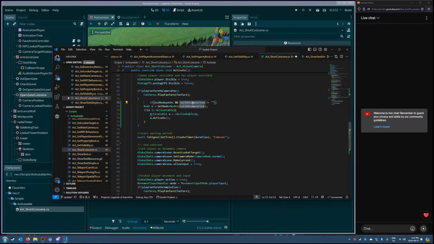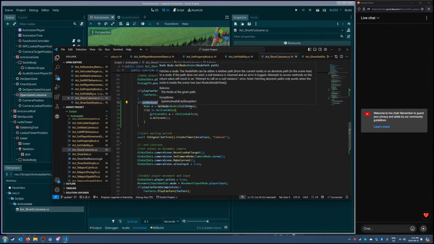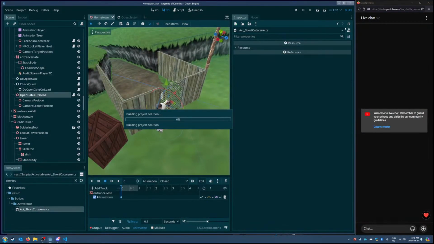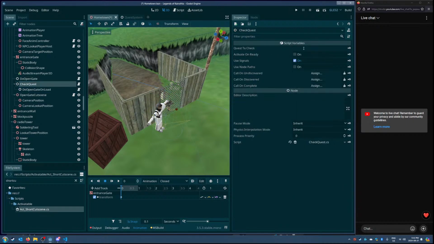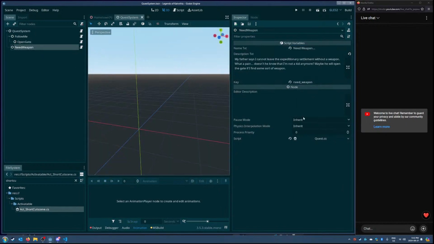All on pan instead of completion. Build. All on pan should be do open gate. This should be